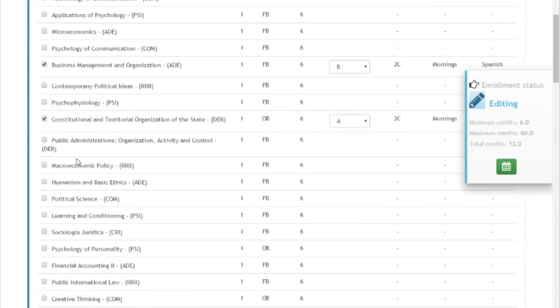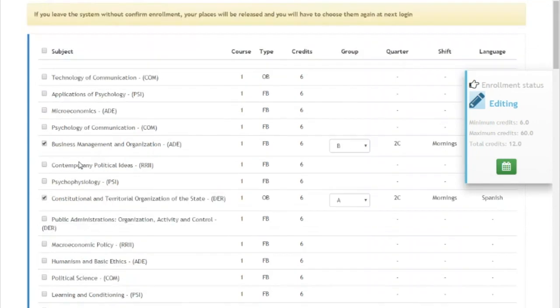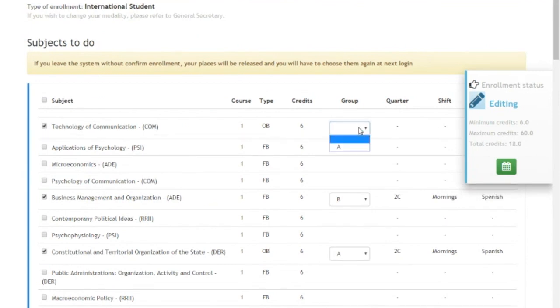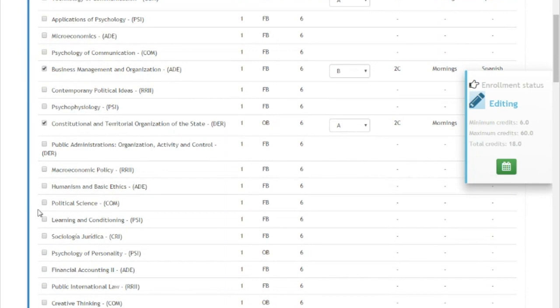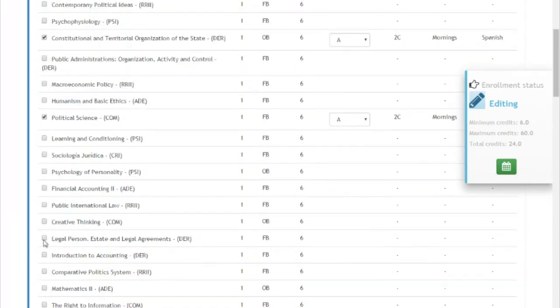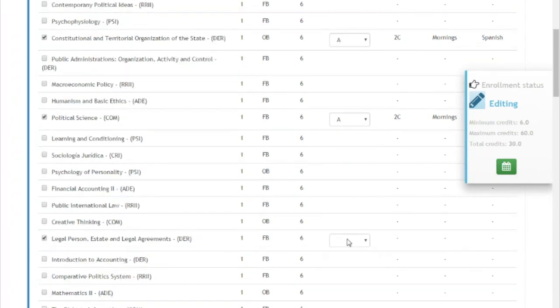Once you are sure about your course selection, you are now able to start choosing your courses. We would like you to be reminded that you are allowed to take courses from different disciplines as long as your university has accepted them, and they will not collide with other courses. As you can see, you now will need to select the group of every course.